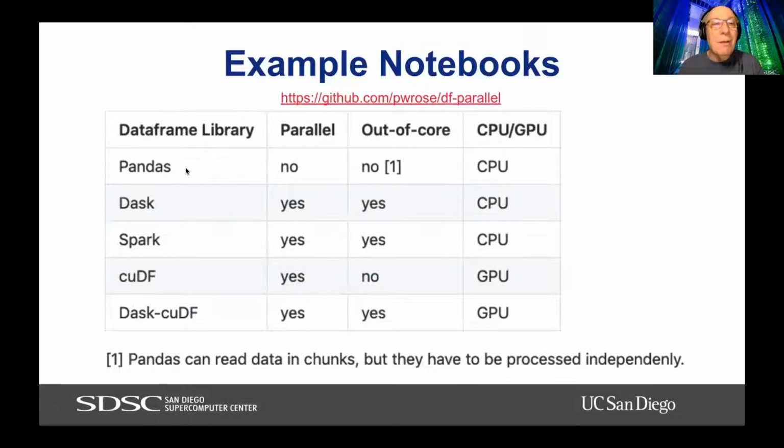As I mentioned, the problem with Pandas is it doesn't run in parallel. It runs on a single core, and it cannot run out of core. That means all the data needs to fit into memory. With Dask, we overcome those issues, as well as with Spark. CUDA-DF runs on GPU, but again, it can run out of memory with large data sets. Again, Dask CUDA-DF comes to the help, and you can run any size on GPU.